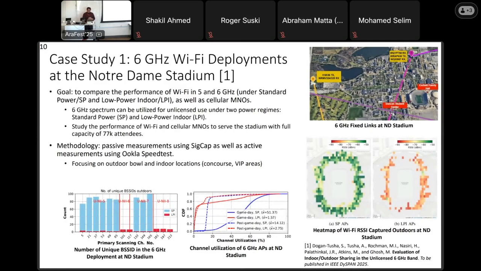So let's say this is the work that we've done using SigCap data. In the Notre Dame Stadium, they just deployed 6 gigahertz Wi-Fi, very dense. At the stadium itself, there are hundreds, I don't remember, like 400 APs serving 5 gigahertz and 6 gigahertz. And this 6 gigahertz AP needs to use the standard power